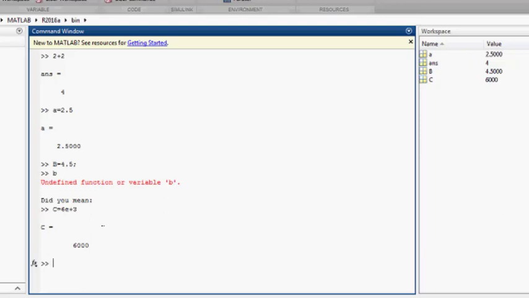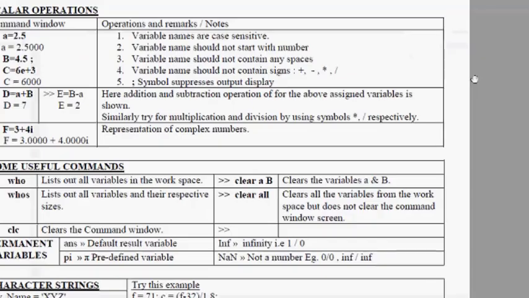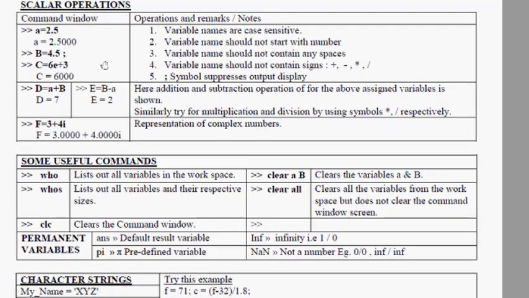So I just want to redo it, say minus 3, then it becomes 10 to the power minus 3, so it becomes 0.006, and of course the variable C is overridden from 6000 to 0.006. And that is what you play with here.